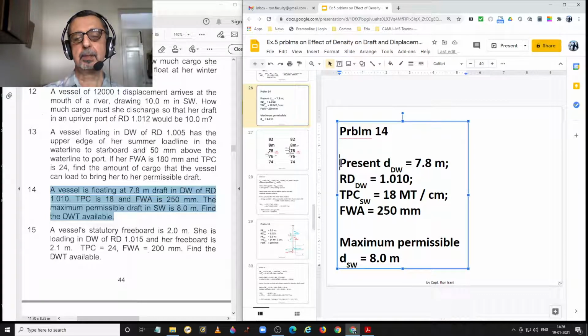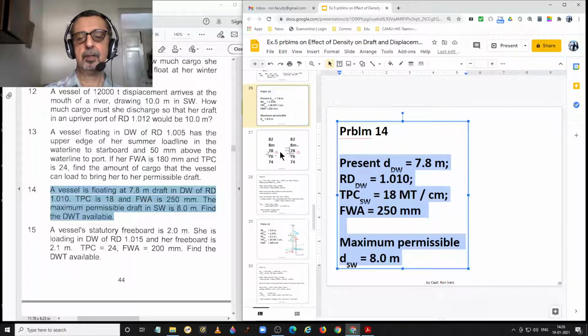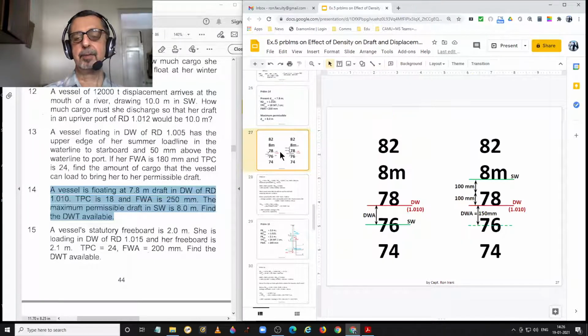Given to us in the problem is this data, and we are going to use part of this data on the next slide. The first thing you must do is draw what is required. Draw what is given, and from that it will be easy to calculate what is required. So taking the picture on your left hand side,